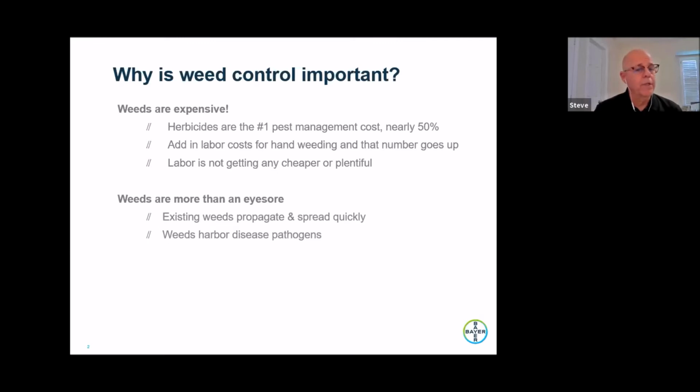I know in particular rust diseases and powdery mildews all find different types of weeds as hosts, and they can certainly sporulate and send those spores over to the ornamental crops that we're growing unsuspectingly. But maybe one of the biggest challenges with weeds is the fact that they harbor insect pests. A number of weeds have thrips, mites, whiteflies. I probably should have thrown aphids on here. And that can become a real problem in terms of a host for a pest that can find its way